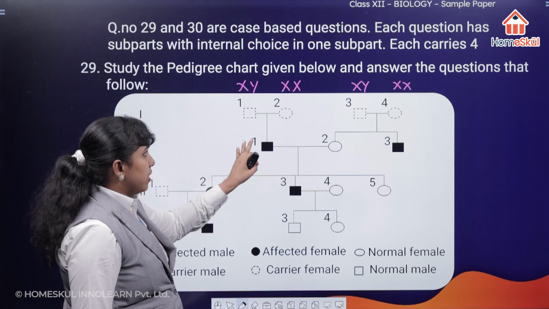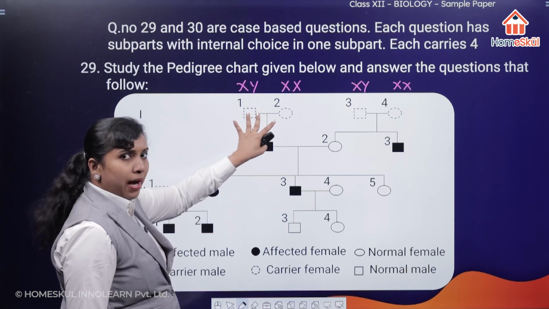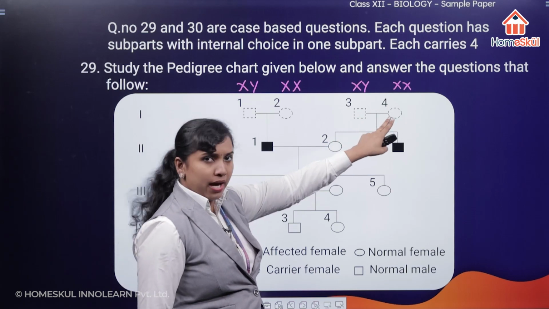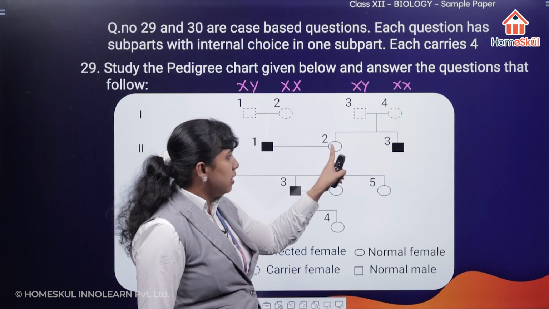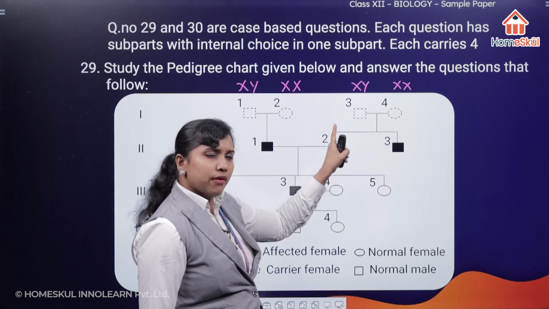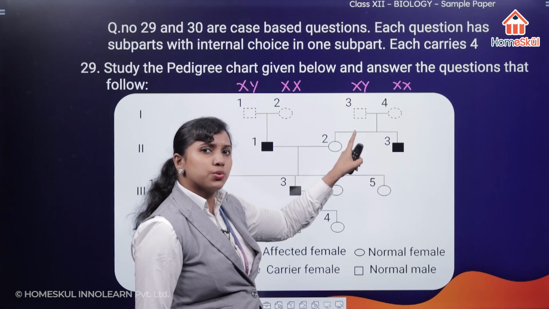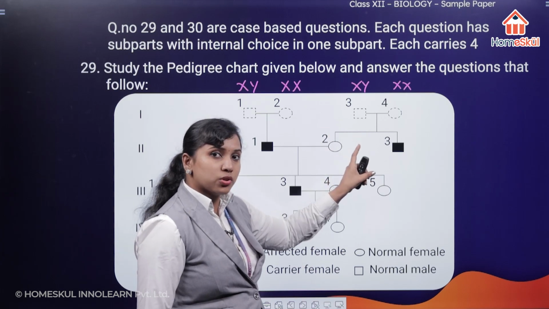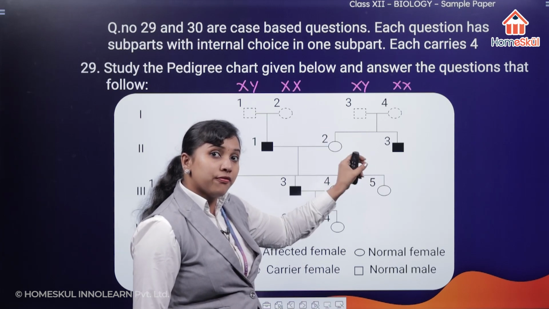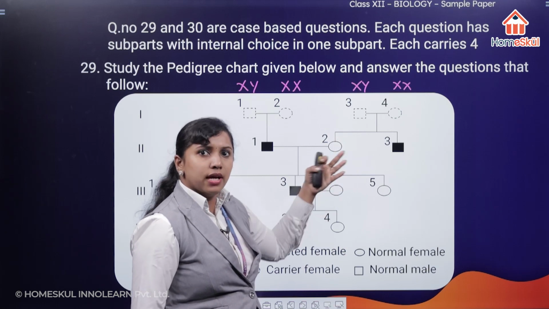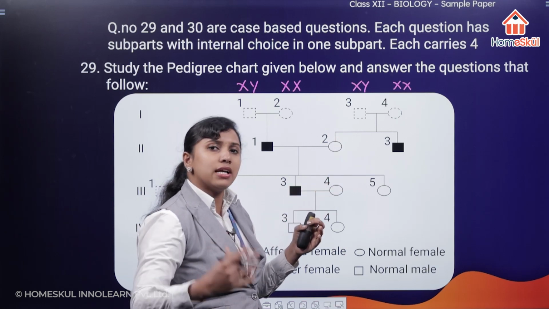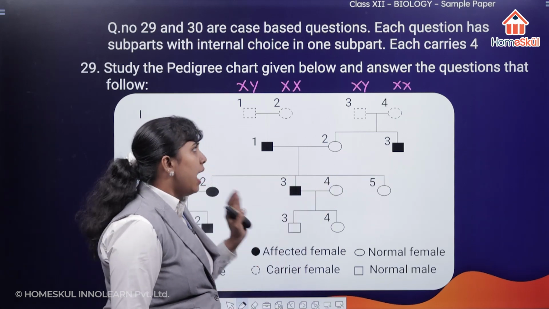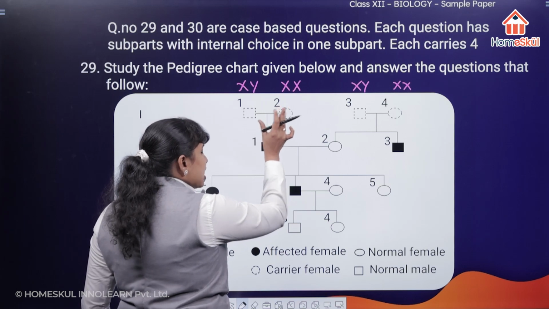In this pattern of inheritance, when 2 carriers are married, the male is affected. Here also the 2 carriers are married and the male is affected, but the female is not affected here. So definitely we can say that this might be linked to the X chromosome, right, where males will be having only one X chromosome, and there is a possibility that if the X chromosome is affected, then there is no replacement for that, then definitely that person will be affected. So we can see that it is something related to the X chromosome, and